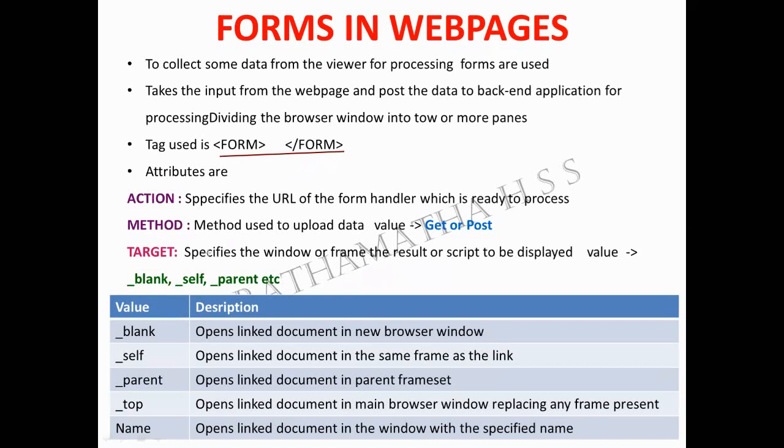Okay, then the next is method. This in detail you will be learning in the 10th chapter, that is get method and post method. The method decides, after submission, what data should be given to the server and what data will be fetched by the server. So you can give it in get or post method. Normally we give it in post method. Okay, so this is what is meant by forms.